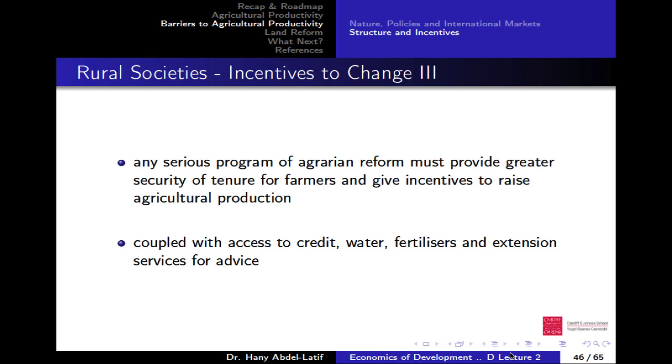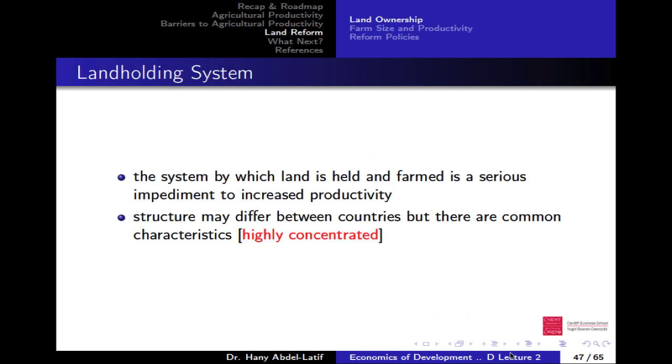I taught economics in Egypt for a few years, and I taught my students about benefits, and I never knew what that was until I came here and saw it. So that's why I'm saying it is risky for them, and you need to make them secure first. You need to give them the incentive to change and say there's someone to support you. There are institutions to support you. There's something behind you that you can rely on if things go wrong. So this is very important. Anyway, so this is the structure. There's one more thing to do, which is about the land holding system.